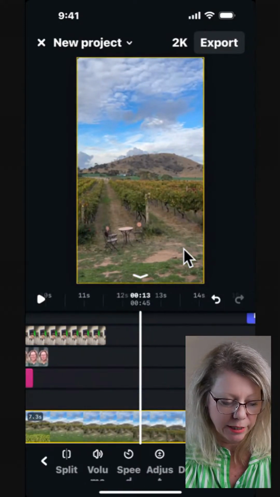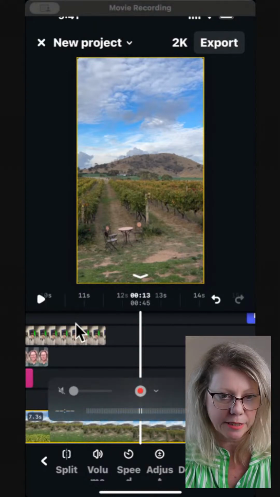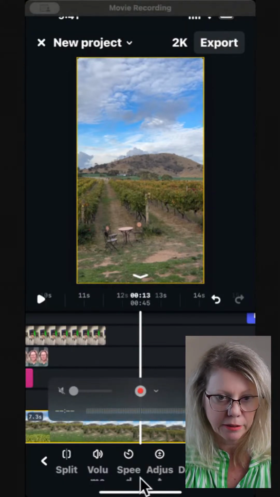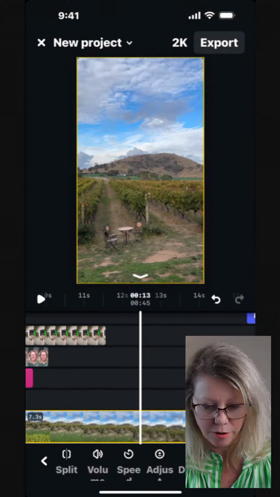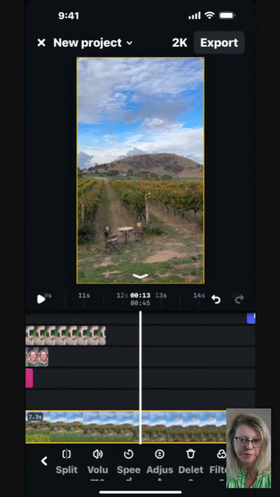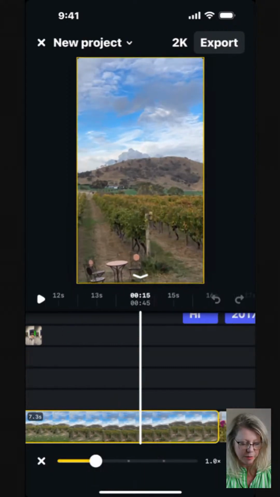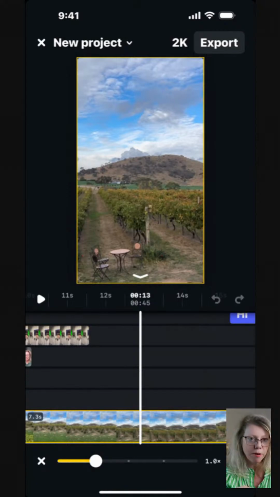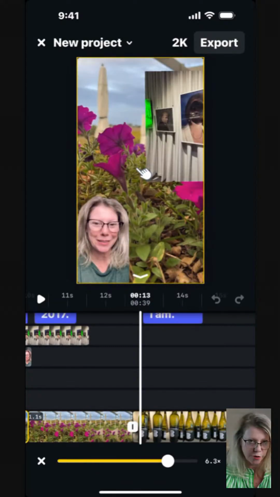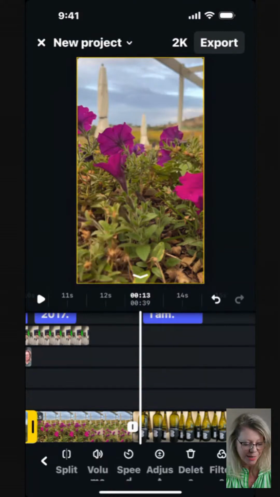If you want to click on a clip to edit it, you just press the split button here. And I'm just going to minimize myself on screen so you can potentially see me better. There it is. Okay, so you can see here that you can adjust the speed, obviously, of your clip, but there's no speed ramping. So speed ramping is where you can make the clip go faster and slower, where in edits, you can just make the clip go fast or slow. So it doesn't have the speed ramping effect. The other thing that,